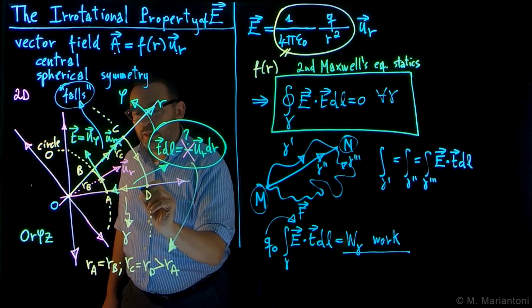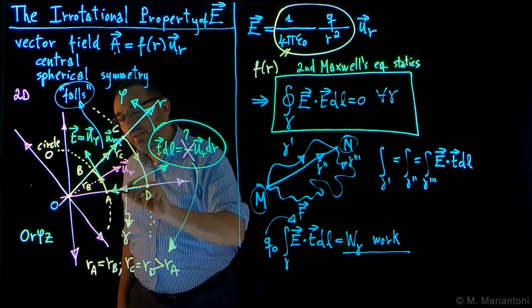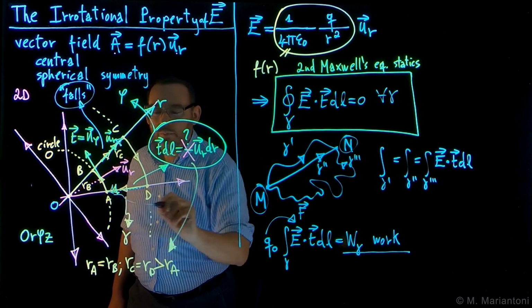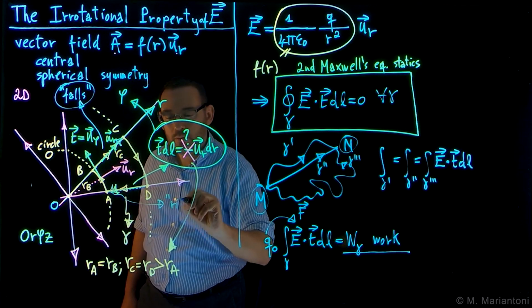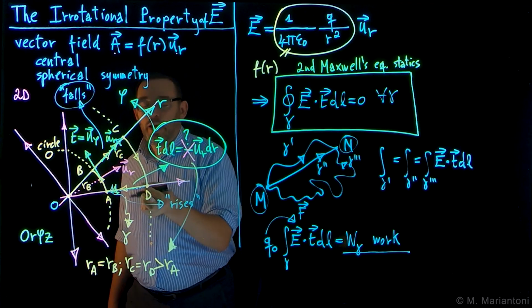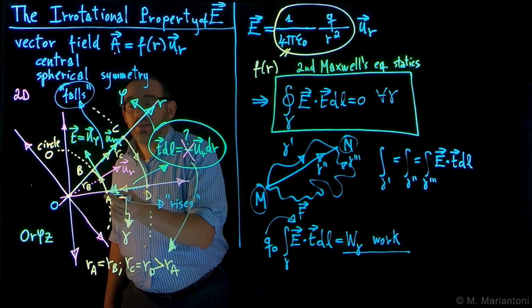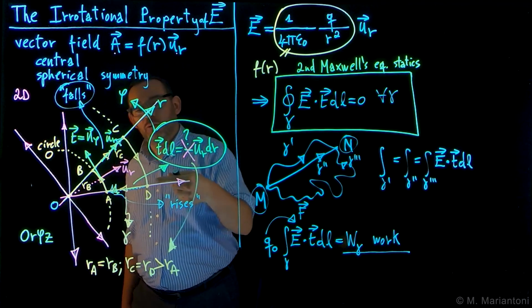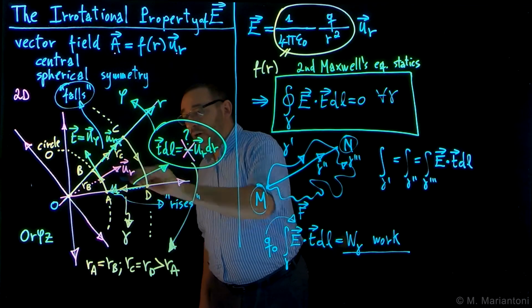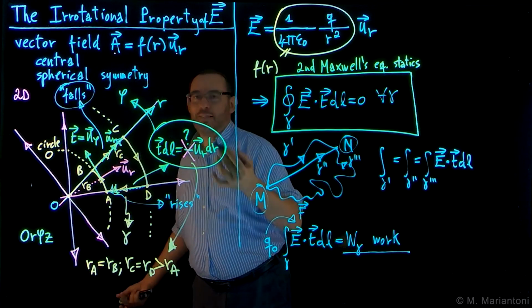Whereas from D to A, that's not the case. In this case, the particle is rising along the field lines, and in fact, here I need to apply an external force that counteracts the electrostatic force in order to make it move in this direction. But the interesting thing is that the work along this closed line gamma here is, for example, in this case,